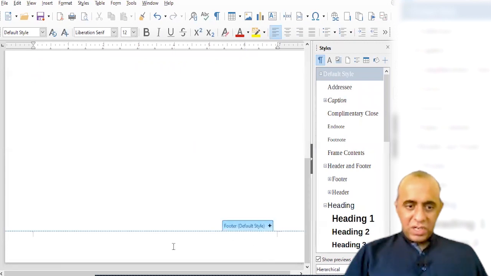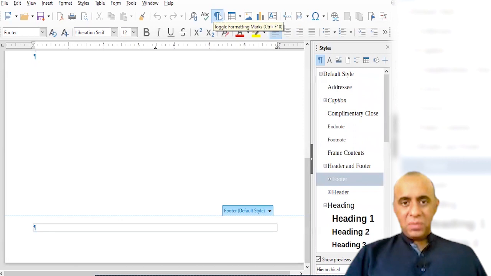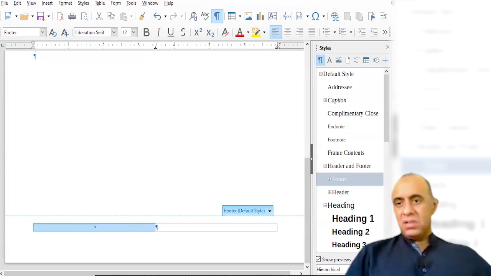So I'm going to go over here, double click on the margin on the bottom side, then double click this plus thing. It is going to start editing the footer, and now I'm going to show you something really interesting. I'm going to turn on the non-printing characters or formatting marks. I'm going to press the tab key on the keyboard. It is going to bring my cursor to the exact middle. Due to this tiny inverted T kind of thing, this tab key has brought me to the exact center of the page.